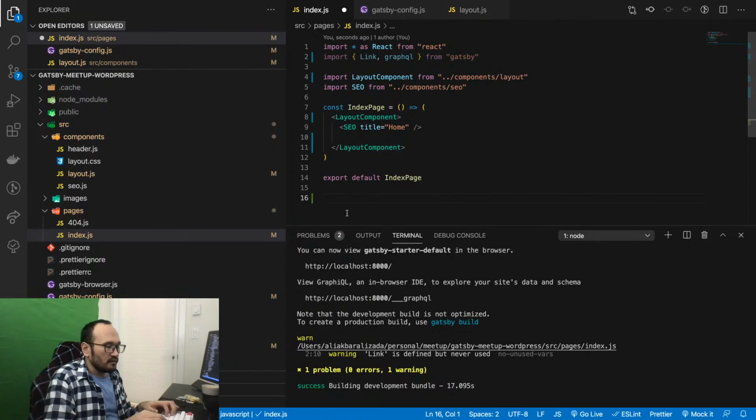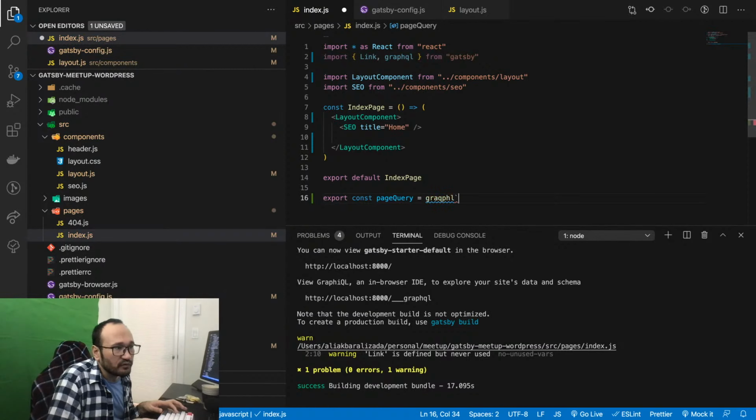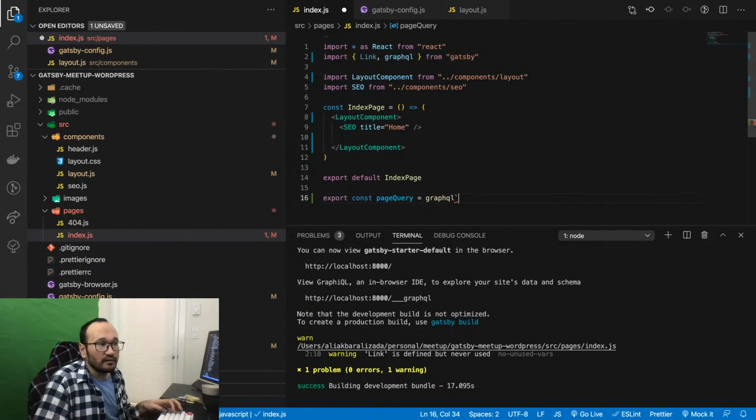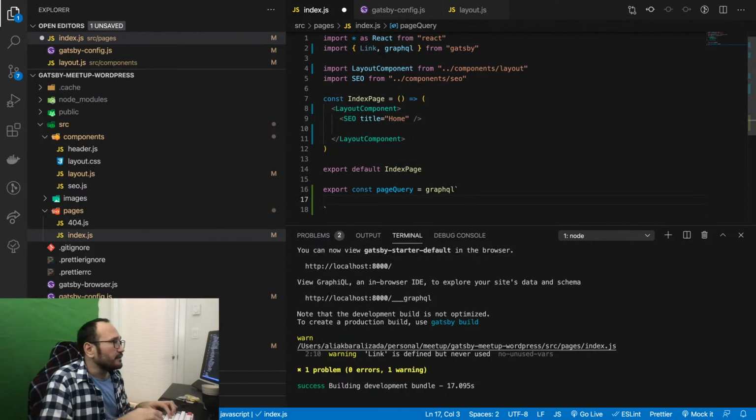Then you just export a const, and you call it pageQuery. This is a convention name, so you need to use it. Then you have graphql, and that is equal to graphql with a template string. In the GraphQL, the first thing is query.